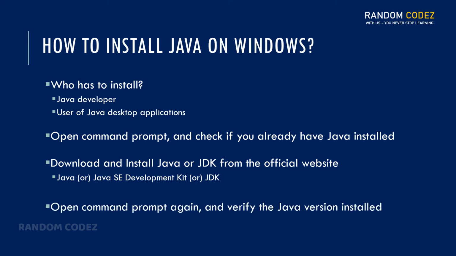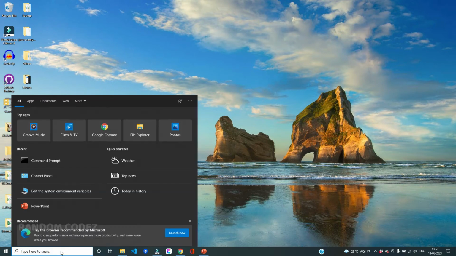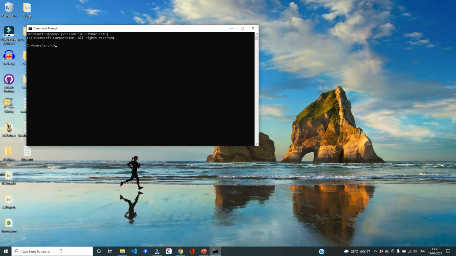After installation, open the command prompt again and check the Java version, which should reflect the version that we installed. With this being said, let me show you how we can do this on my machine. As I already mentioned, before we go ahead and install Java, let's open the command prompt and run the command